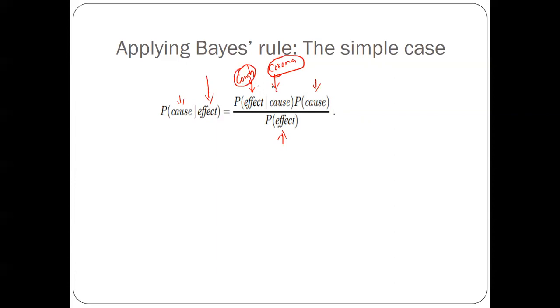So assume that you already know the probability of cough given corona. If a patient has corona disease, COVID-19, then what is the probability of having cough? This value we know, let us assume. Also assume that you know the probability of cause. This is an unconditional probability: what is the probability that someone gets infected with corona? So this also we know, let us assume.